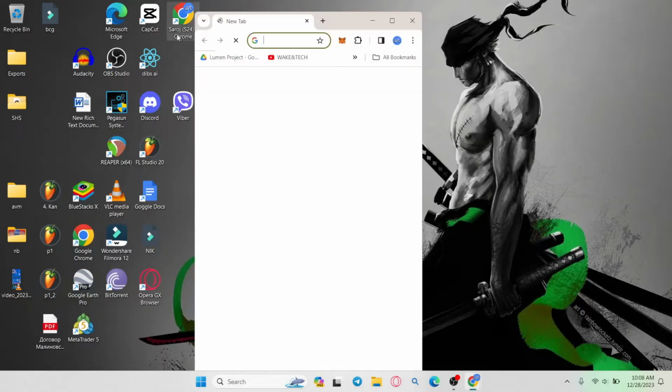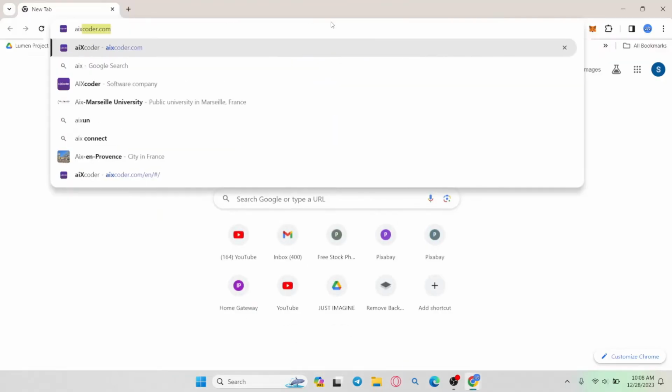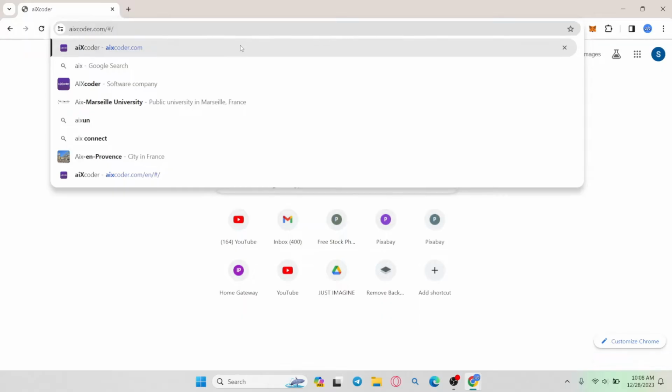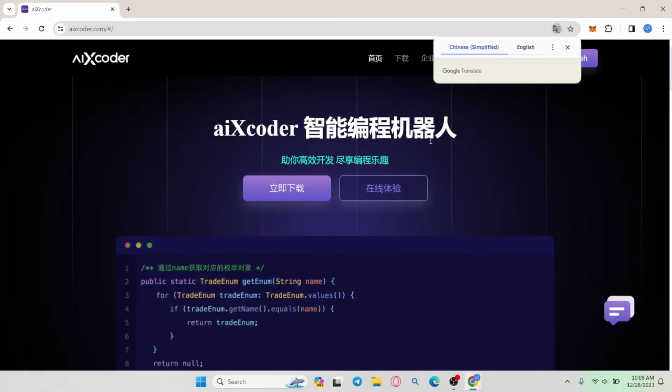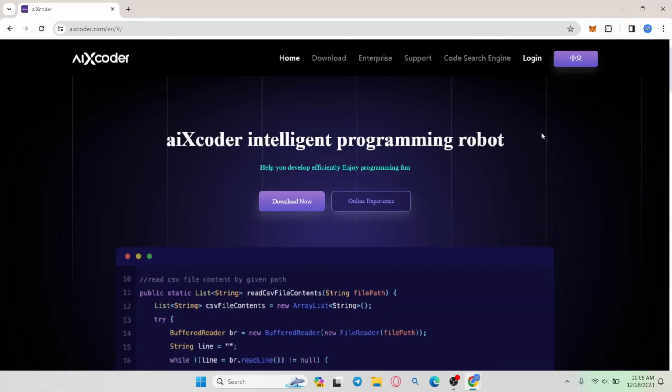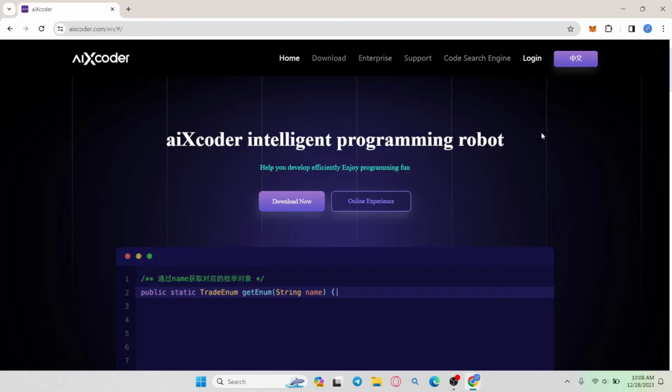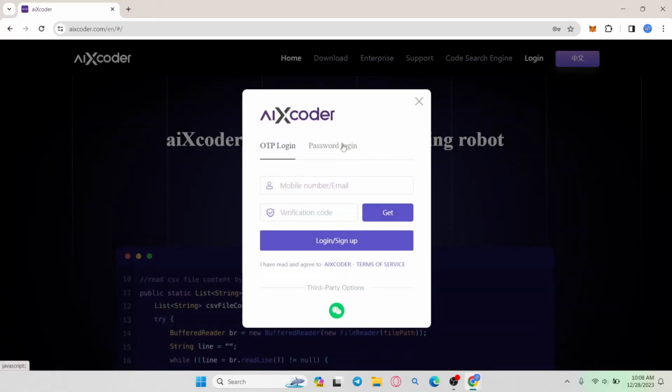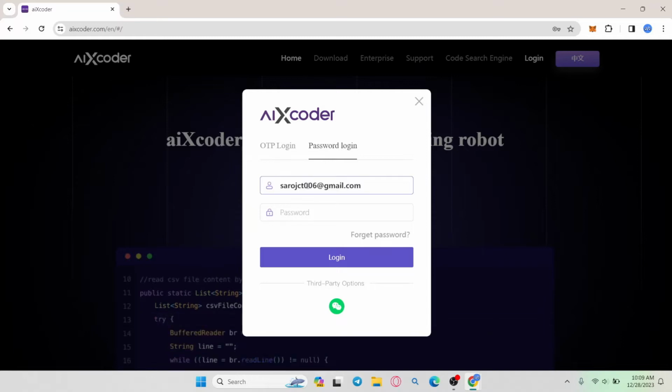First of all, open up your web browser and then in the address bar type in aiXcoder.com and press enter. Now once you are taken into the aiXcoder website, click on the English button at the top right corner if your language is not set to English. Then you will find the login button. Click on login and proceed with logging into your account using your email address or your phone number and your